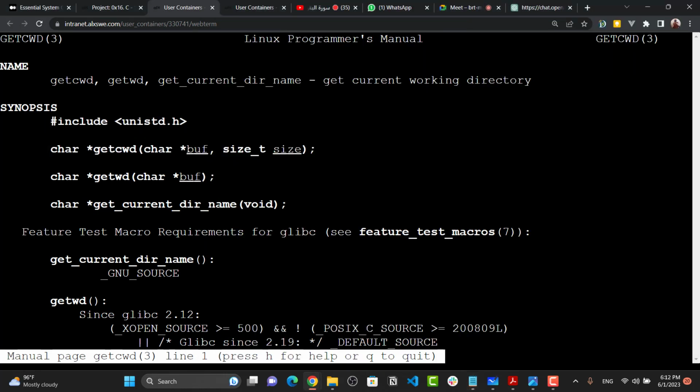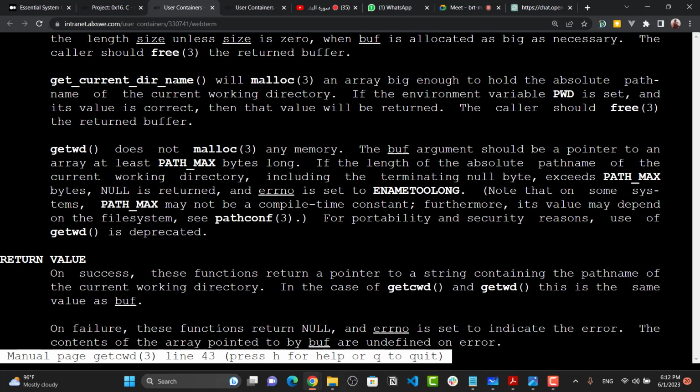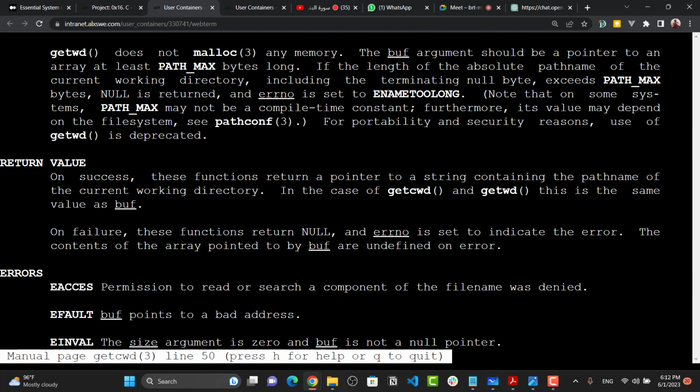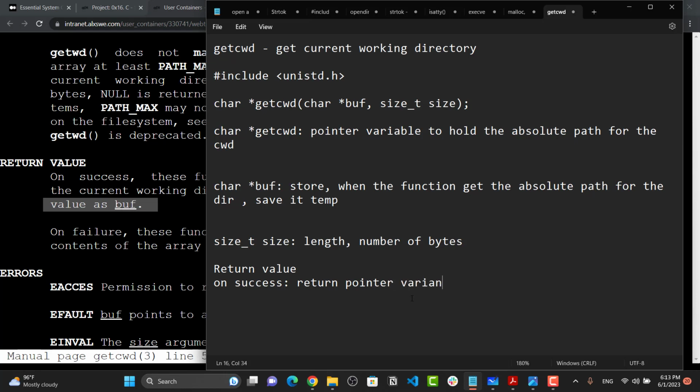And we can check the return value. On success, this function returns a pointer to a string containing the path name of the current working directory, the same value as buffer. On failure, this function returns null. So on success, it returns a pointer variable to a string that has the path name, and on error it returns null. Okay,